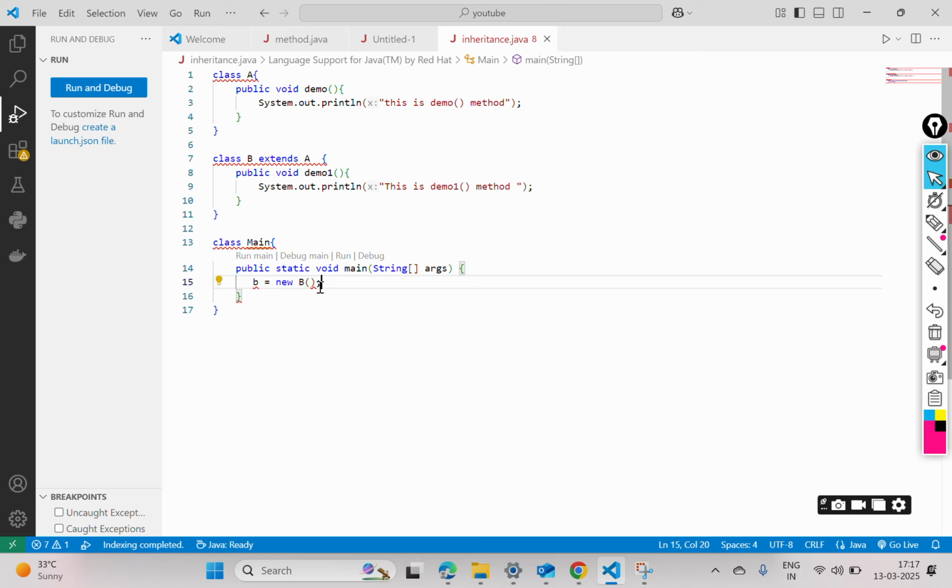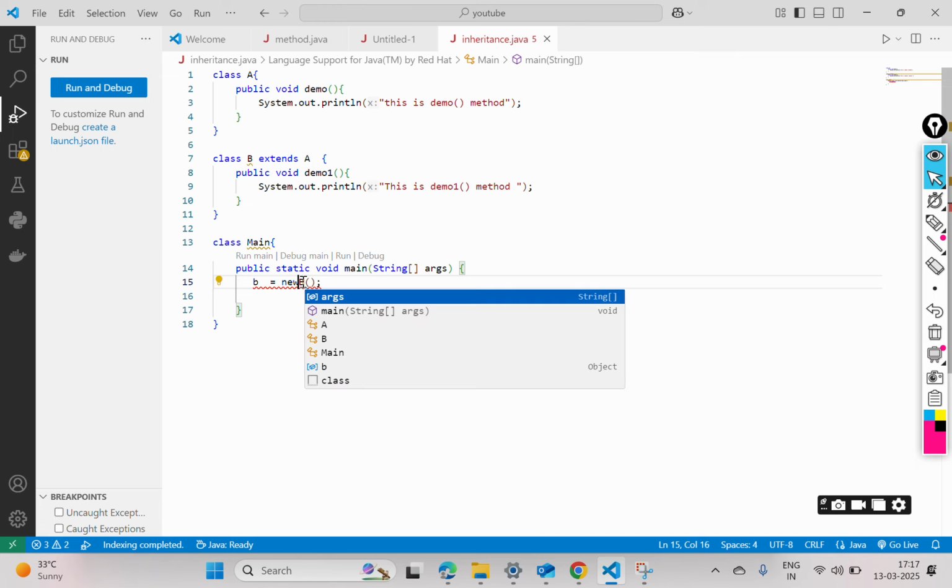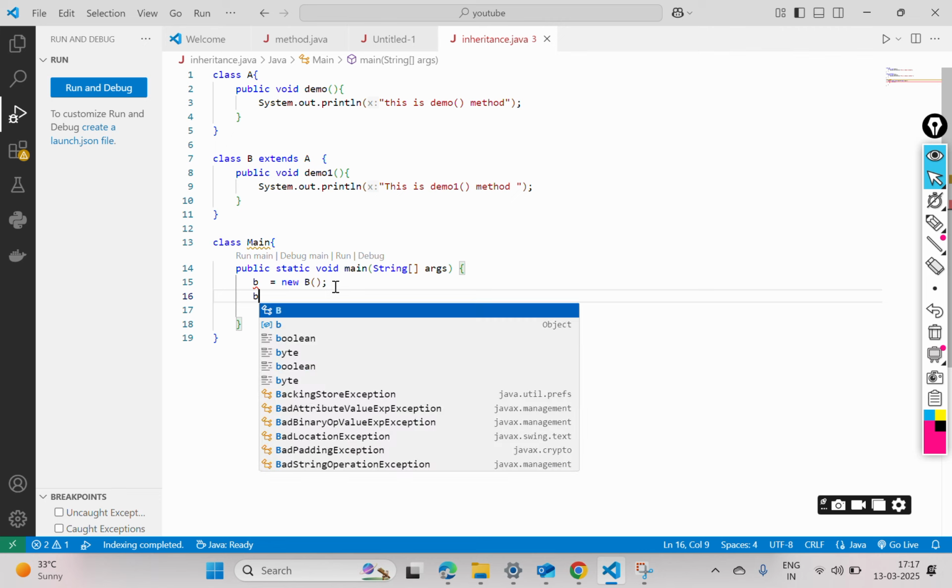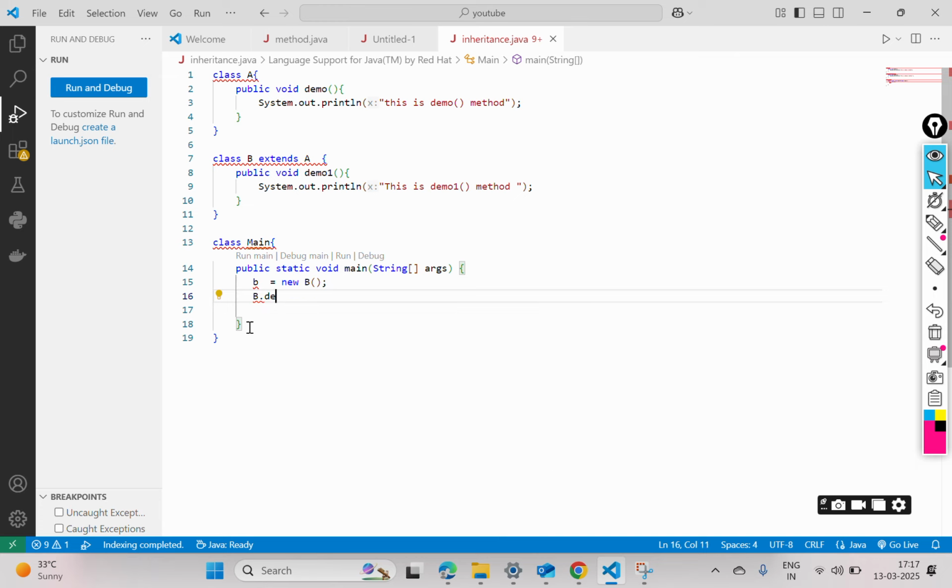Using b dot, I'll call demo one. Here I have to use a capital B, the class name.